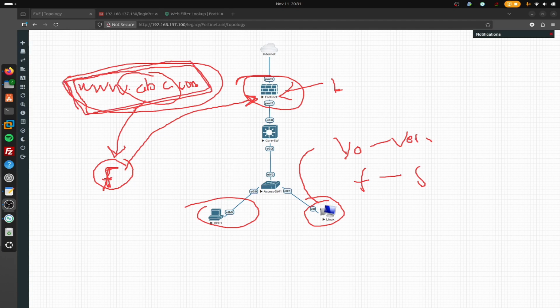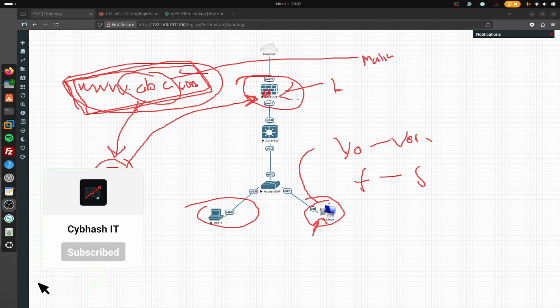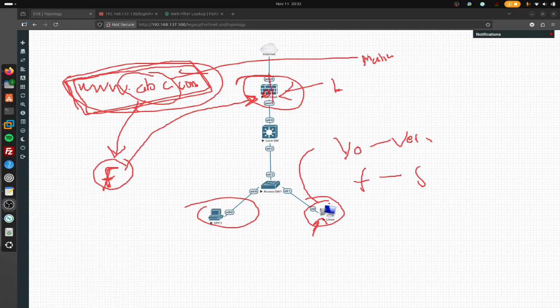And also the organization doesn't know whether this falls under a good website or a bad website. So let's say randomly this user is trying to access this website, but if we have this FortiGuard service activated on our FortiGate, and if FortiGate identifies this website is in a malicious group, this user will not be able to access this website through this FortiGate. So this is the importance